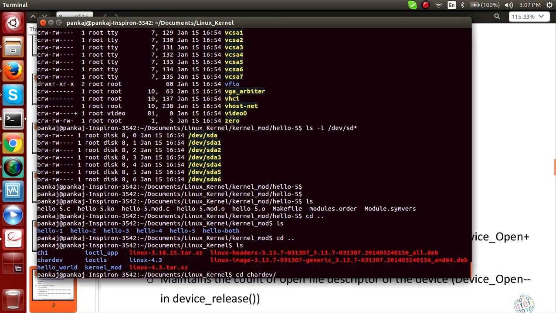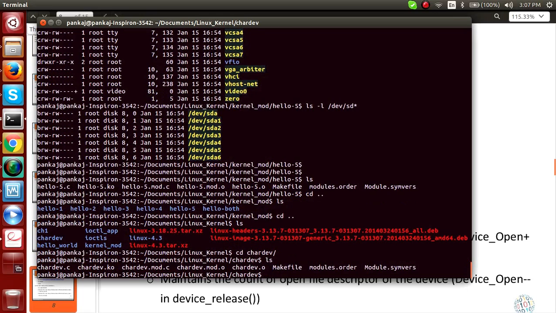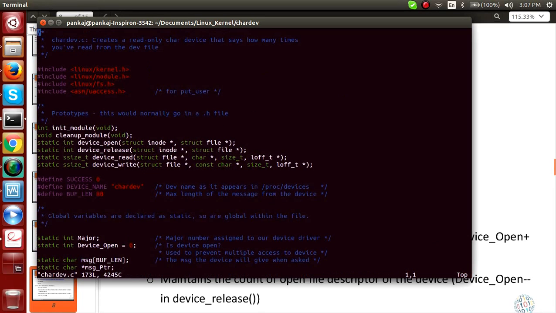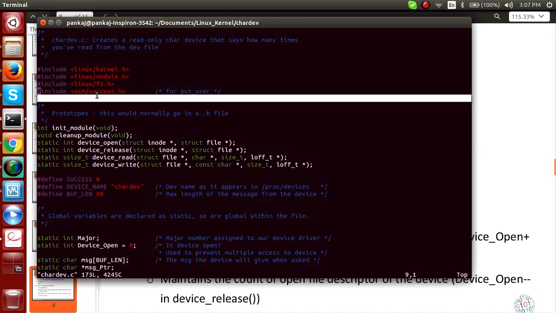So char dev. What are the includes: kernel.h, module.h, fs.h is the new one, and uxs.h. This is the file.